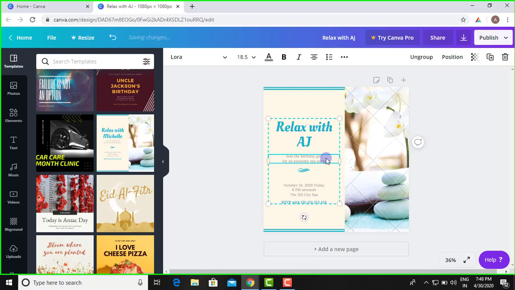So let's say I just say it's relax with AJ, or you can go for relax with any name that you want. You can even select any other template. I'm just showing you how a basic model of Canva works. So let's say we say relax with Shivi. You can change the text, you can change the designs, and the things that you are seeing here are all grouped. So you can change the number, let's say 7 0 0 0 0 7 4 0 7 again 0 0 0 0.